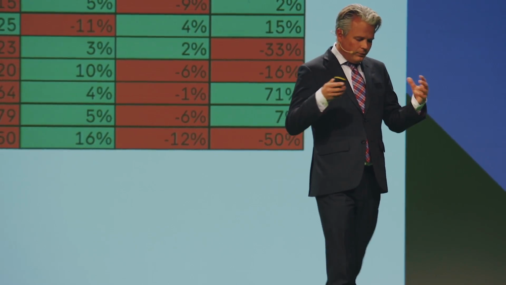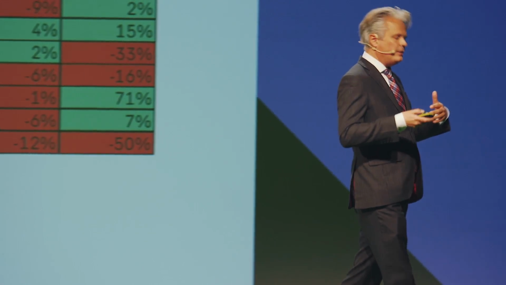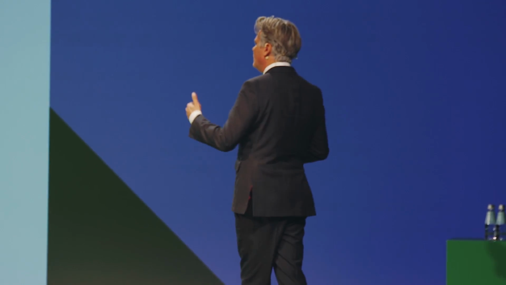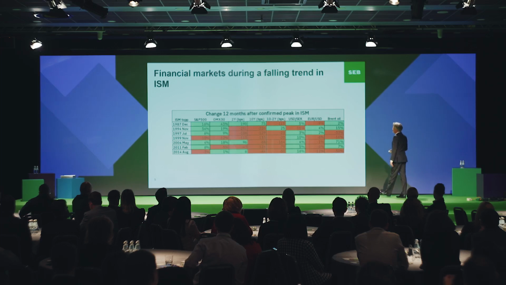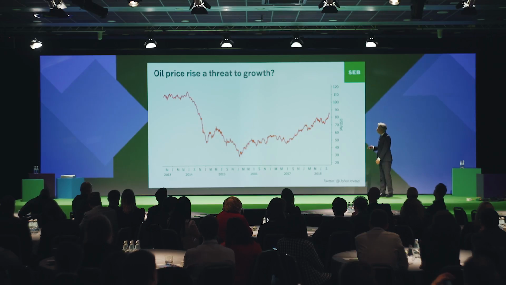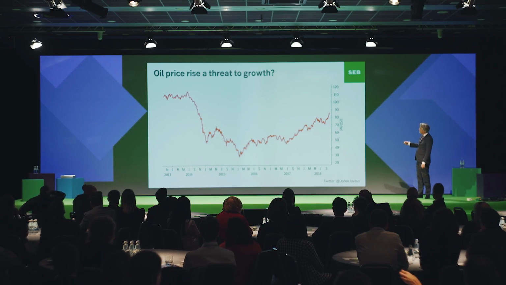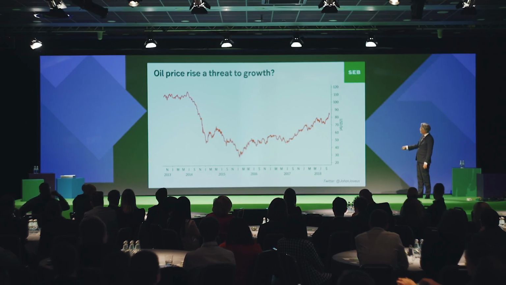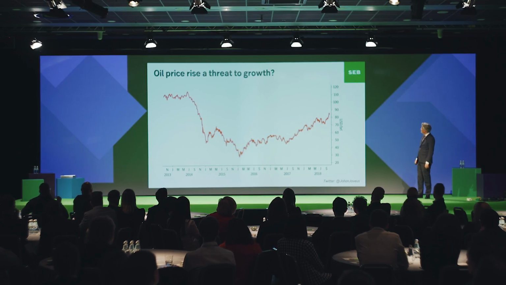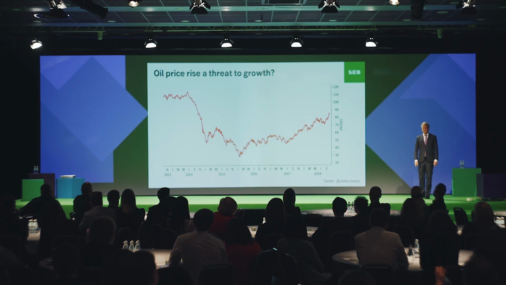But today, there are all these concerns that we are at the very end of the business cycle upturn and that we are heading for worse times. And I mentioned the oil price. Obviously, that is a factor. This is the oil price development that we've seen over the past year and a half when oil prices have actually gone up quite a lot and are now trading around $85. Quite high, and people are expecting it to go to 100.